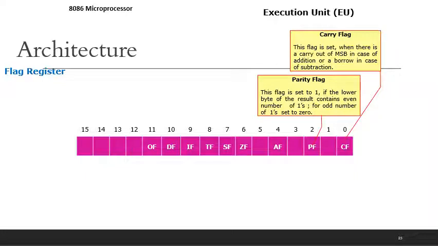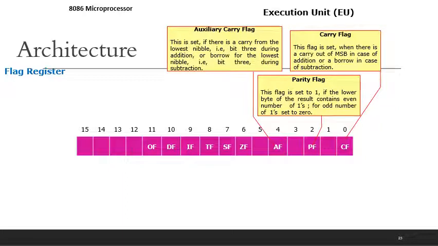For an odd number of ones, it is set to 0. Auxiliary carry flag. This is set if there is a carry from the lowest nibble, that is bit 3, during addition, or a borrow for the lowest nibble, that is bit 3, during subtraction.